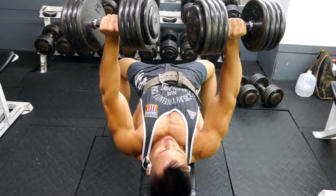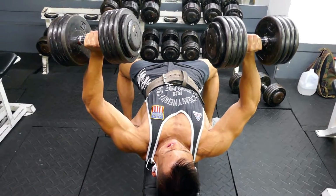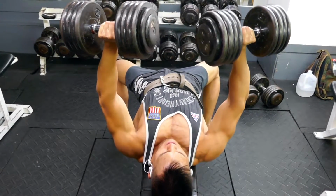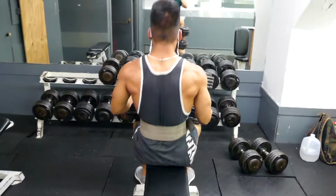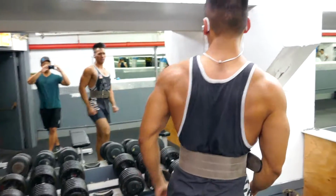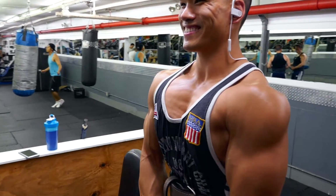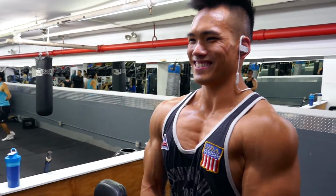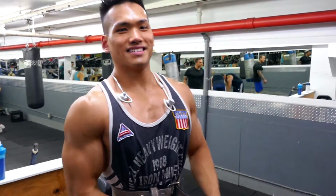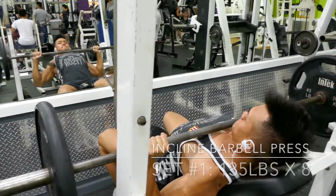And although I didn't necessarily hit the rep scheme that I kind of shot for the stars with, I was pleased with the amount of work I was able to do, including the personal best of 105-pound dumbbell presses on the flat bench. I'm gonna hold it out here again and just flex it out and have some fun with it at the same time. After the flat bench dumbbell press, I moved on to the incline barbell press, where again